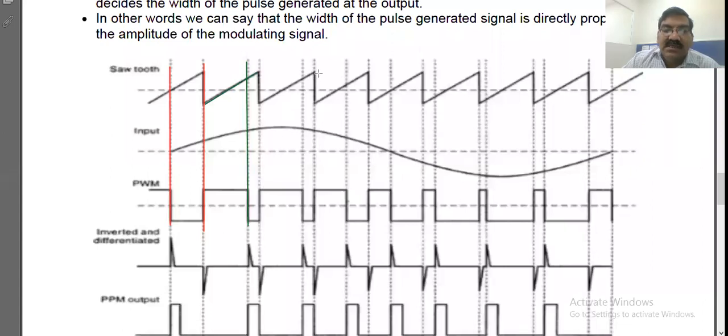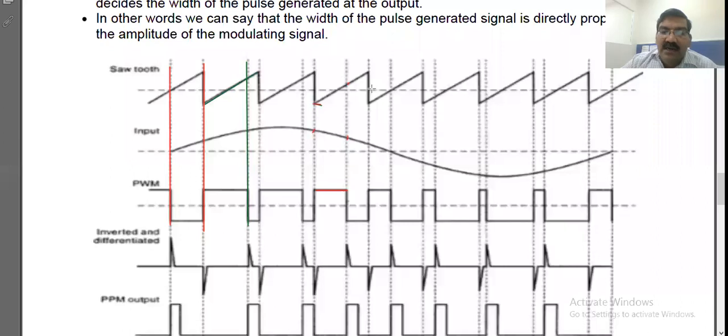Now beyond this, at this instant it has the higher amplitude. I'll go for another sawtooth. Now for this instant, the sawtooth has a negative amplitude. Here, at this instant, the sinusoidal is positive. So obviously it is higher till this instant, because beyond this the sawtooth amplitude will be higher. So till this interval the output of the comparator is positive. Beyond this, it goes negative.